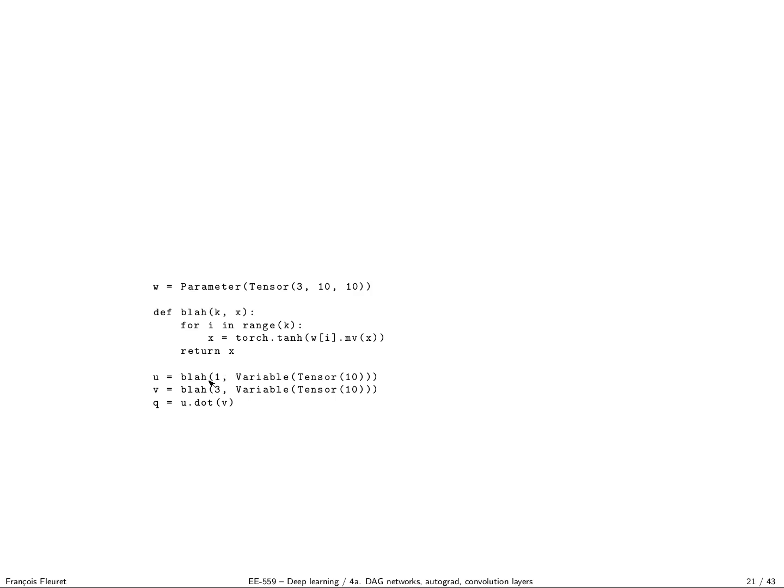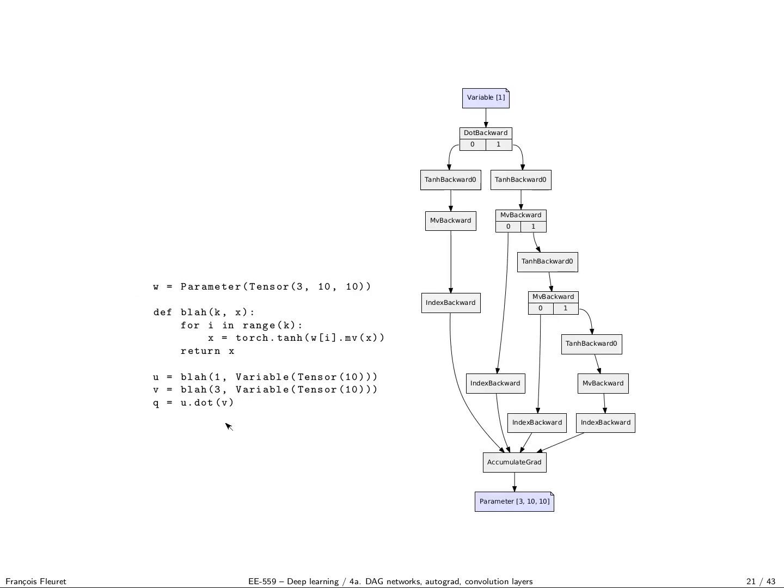And I call it 2 times, and I compute a loss, which is a dot product. It's just to make things complicated on purpose, and we don't care. Even though there is a loop, and there is a function call, and there is a bunch of horrible stuff, autograd does not care. Autograd just records all the operations on variables in a graph in the background, and so we have the graph. And so you see that the relation between the variable you get in the end, which is q, and the parameter, which is this guy, is quite complicated, but it's still perfectly defined, and you can compute the gradient of this guy with respect to this guy.